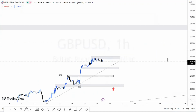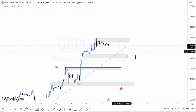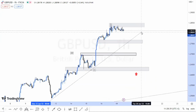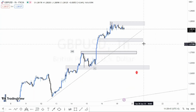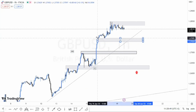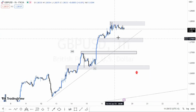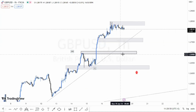I just learned this yesterday, by the way. A convergence area or zone where a couple of trading concepts or technical concepts meet, right? So this is where our trend line meets our support, this mini support we have right here. So this is a point of interest for sure. We'll see how price reacts when it gets to this level, and if it breaks it, we know that's definitely